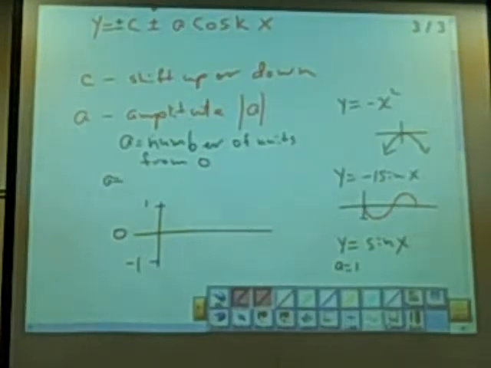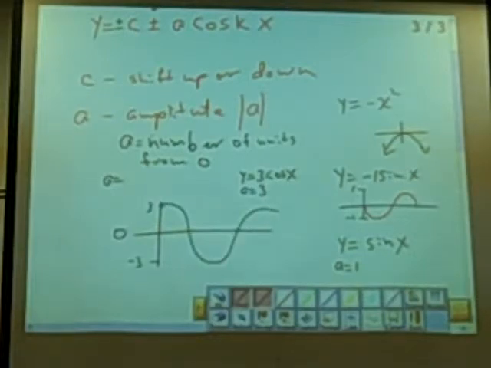So this would also be considered 1 to negative 1 as well. Okay? Alright, well what if we had y equals 3 cosine x? Now, A equals what? 3. And so now this is 3 and negative 3. And so our curve is going to oscillate between 3 and negative 3 from 0 as our center